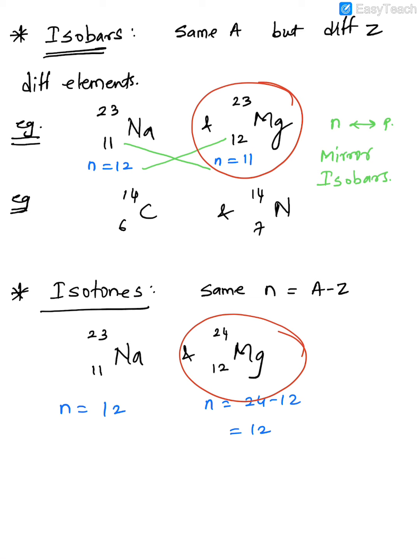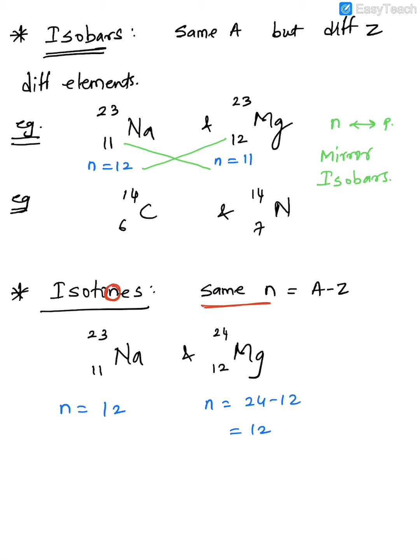Now one very interesting thing, which was put forward by one of my ex-students 3-4 years back. This student had found this method to remember. Some people may be getting confused about what remains the same in isotones, isobars and isotopes. So how to remember that? Note this properly. In the spelling of isotones, what do you have? The alphabet N. Because there is an N in isotones, it means they have the same number of neutrons, correct?